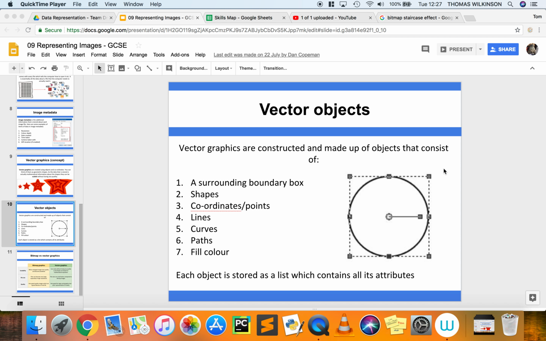A vector object is any sort of shape that we would use within a vector image to create the representation of the image that we're trying to build using vector graphics. So we've got things like circles and triangles and squares and lines that are made, and the object consists of the boundary in which it's been drawn,